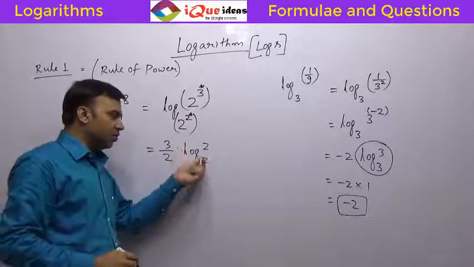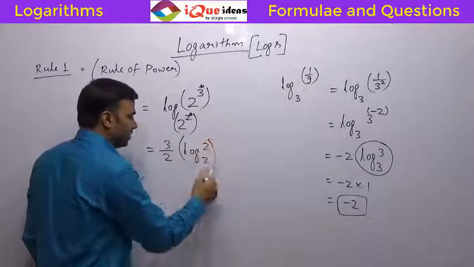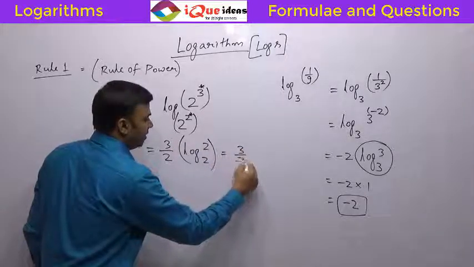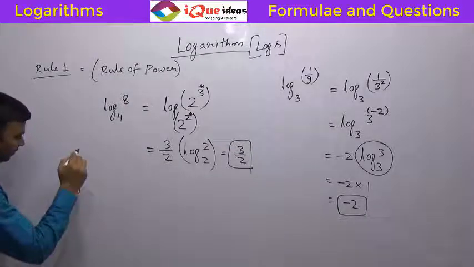Now what is log 2 to the base 2? Any number to itself, it is the power 1. So log 2 to the base 2 is 1. So this whole thing is 1. So final answer is just 3 by 2. Let's take another one. Suppose I have log of